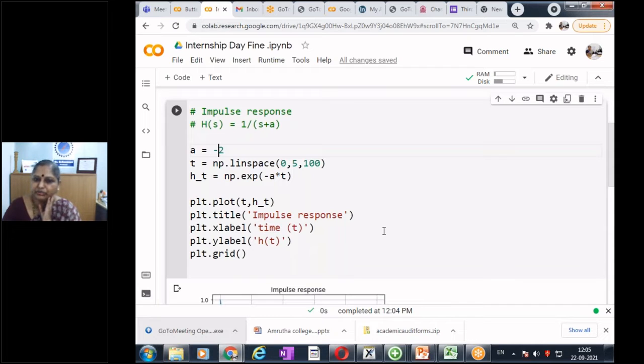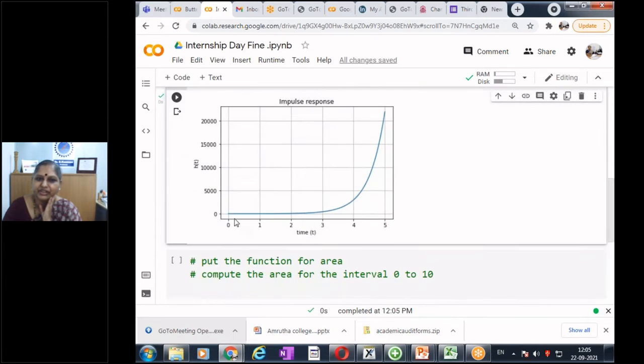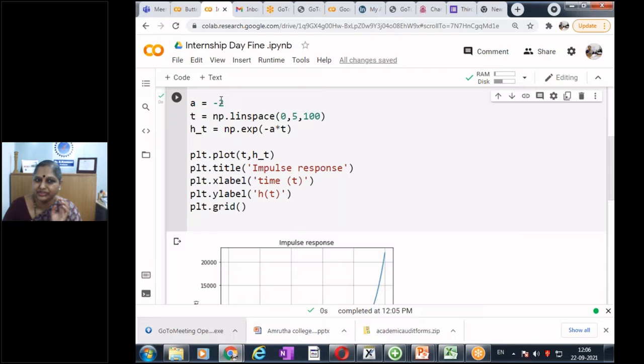Run it for A equal to minus 2 and then what happens? Yes, thank you, Lakshmi. So when we run it for A equal to minus 2, see how it went off. It went from 0, we went only up to 5, and what's the value? 20,000. And imagine I go to infinity, it will become very high, and we know that the system is unstable.